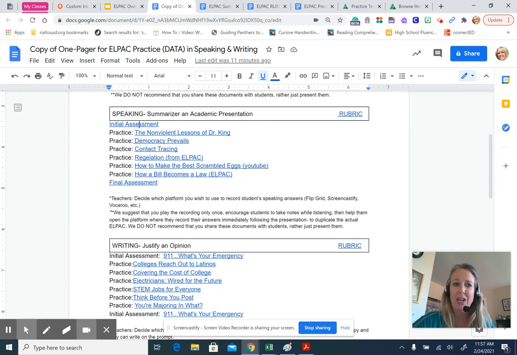And one more thing, we decided to do speaking and writing because those are things that are output. There's language that gets outputted. Can you tell I'm a former Spanish teacher? So reading and listening go in, speaking and writing come out. There's really no real way to measure that when we're giving kids quick little practice with the ELPAC. So we wanted to make sure we give them exposure to the output part of language learning.